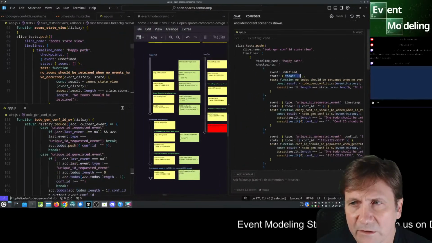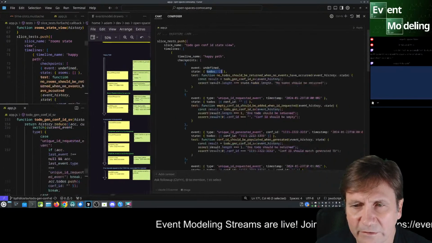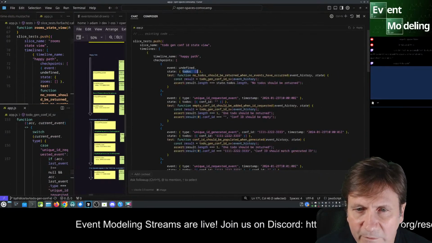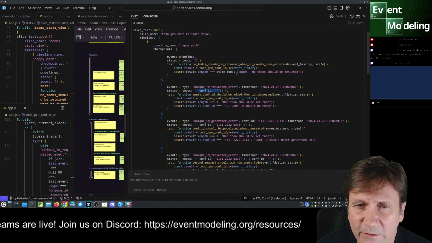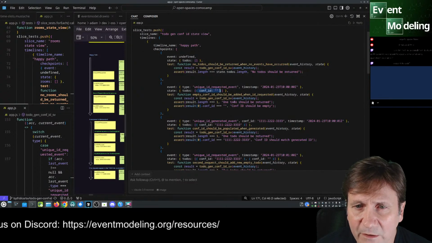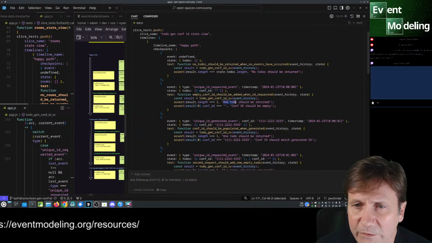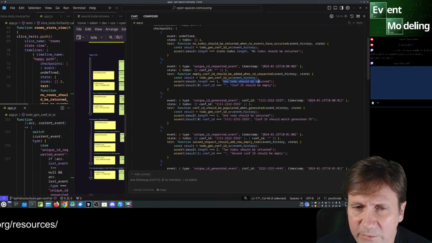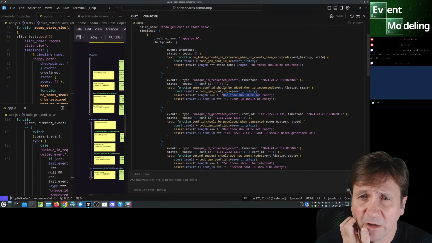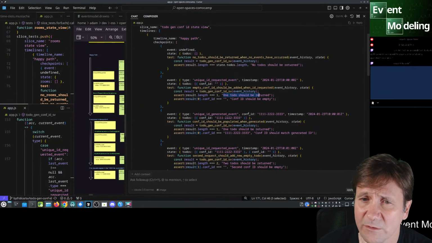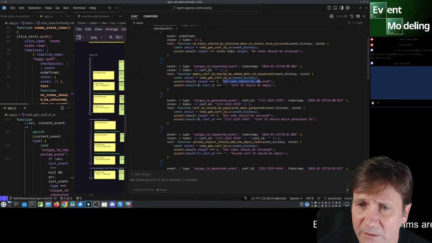I just want to see a little more. I want to see a lot more. Conf ID is that. Okay, that looks very familiar. We are doing that. One to-do will be the conf ID should be empty. Wow, okay. Empty conf ID should be added when ID is requested. Conf ID should be populated when generated.